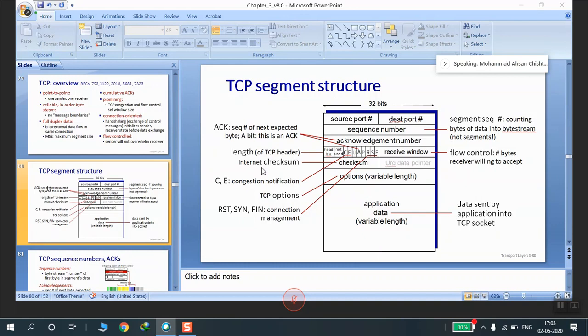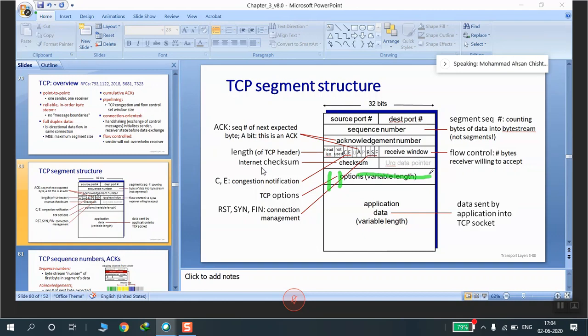There are different options that come across. We call it option kind, 1 byte, option length, 1 byte, and option data, which is of variable length. These are the parts that can come within the options field. The first one, option kind, indicates the type of option you are going to use.